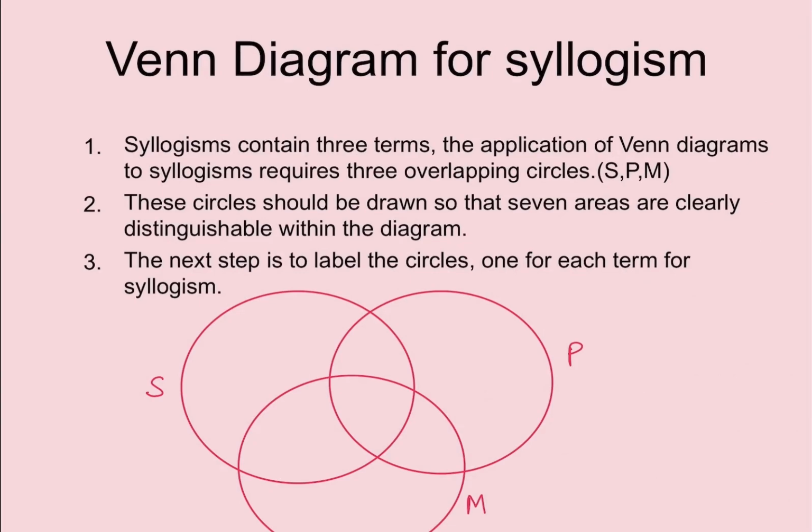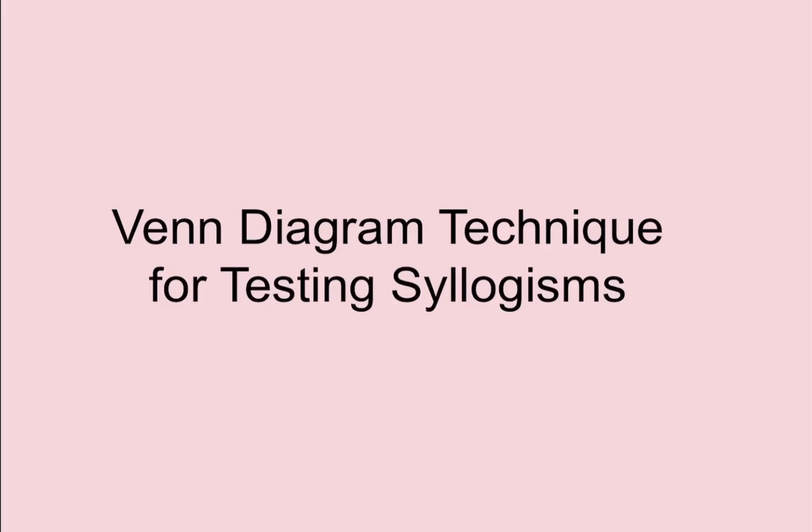Next, now the main important thing which we should be discussing is Venn diagram for syllogism. So अभी हमने देखा categorical proposition में we have S and P. Now in syllogism we have three terms S, P and M. So इसके लिए ऐसे बनेगा diagram. And then the next one, if you'll see the second part, this circle should be drawn so that Now let's see Venn diagram techniques for testing syllogism.